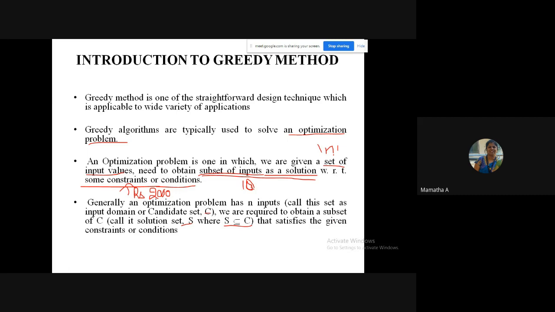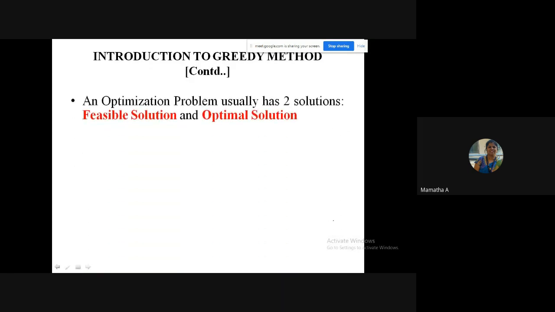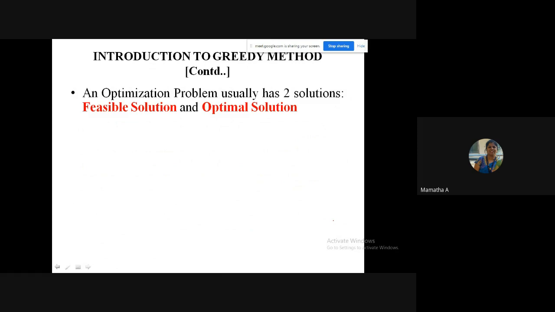Are you getting it? Now, when I have any optimization problem which is solved by the greedy method, there are two kinds of solutions we get: the feasible solution and the optimal solution. What is a feasible solution?